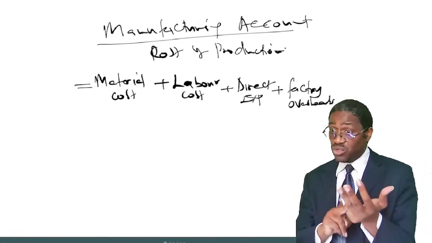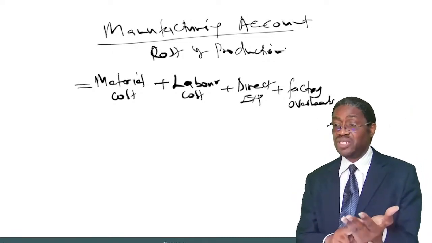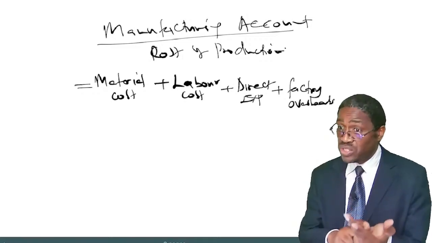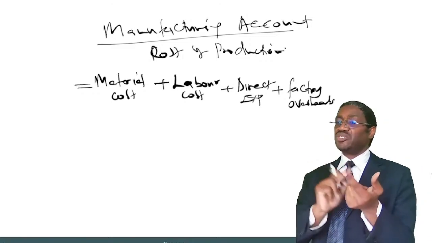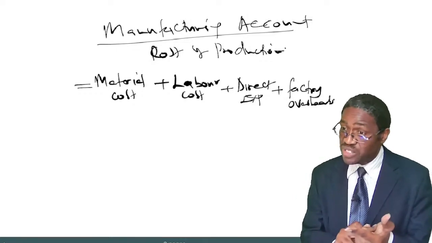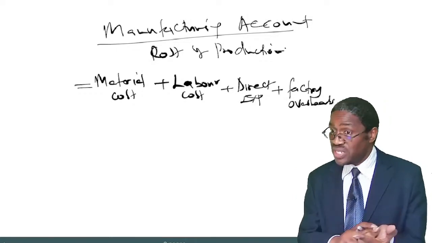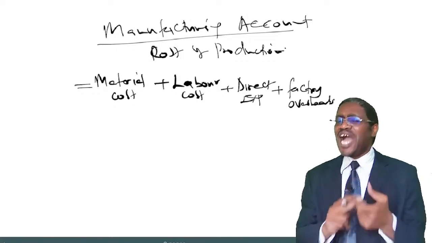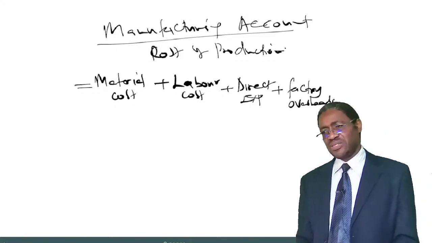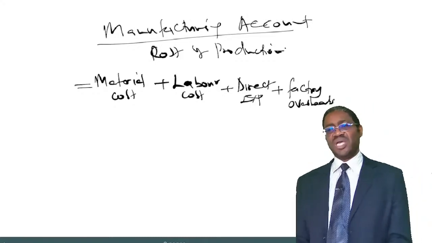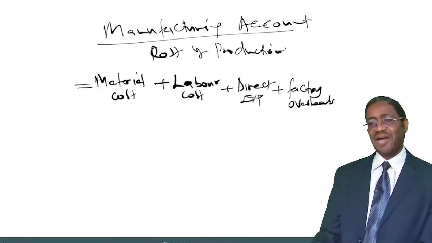Take how much it cost you as a manufacturer for the materials, add how much it cost you for labor, how much it cost you for the direct expenses. We have given examples like royalties and hire charges. Then you add any other factory expense. Good. Now,